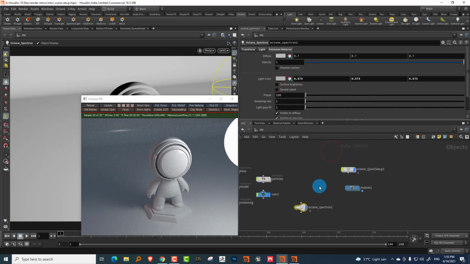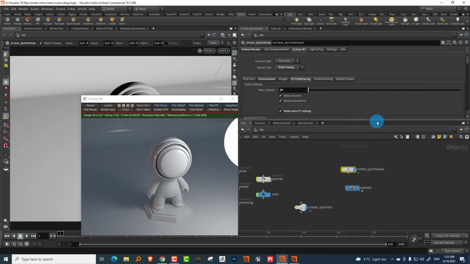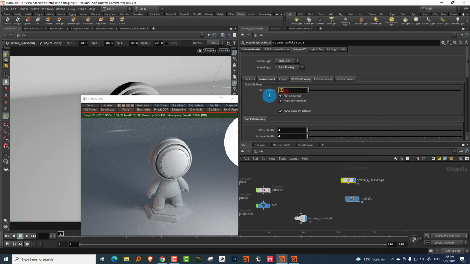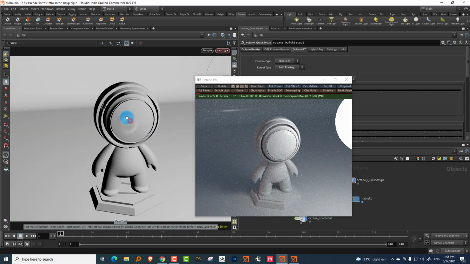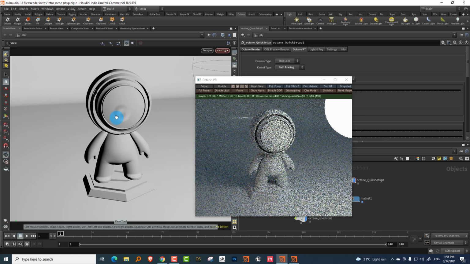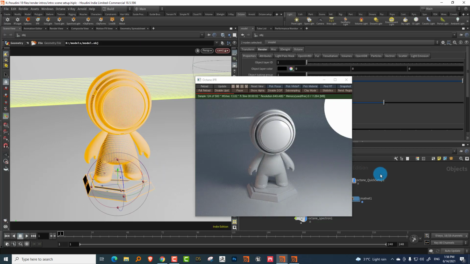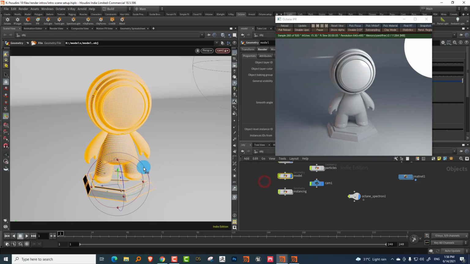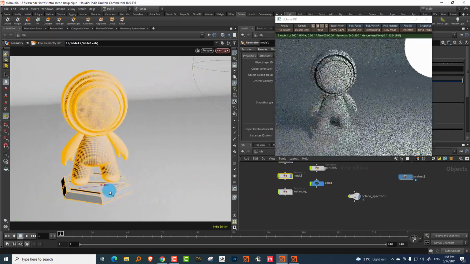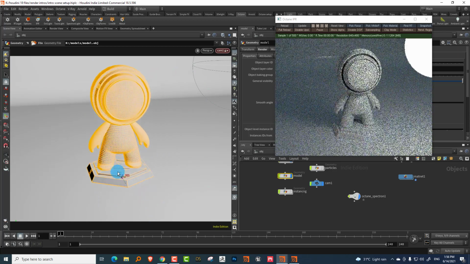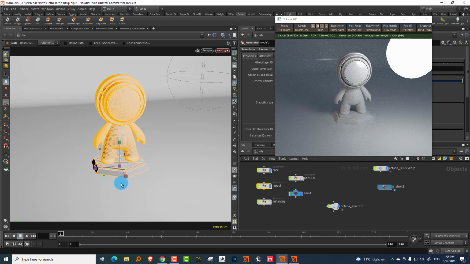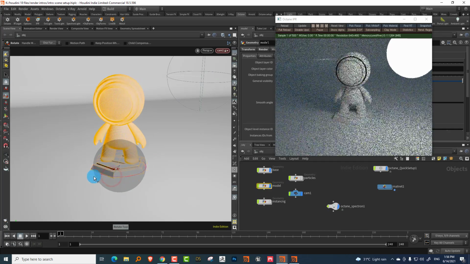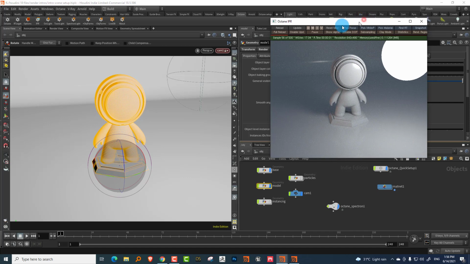Okay, I'll just go back and turn up the samples. One of the nice things about Octane is it is really responsive. If you change samples, it updates automatically. You don't need to restart the render or anything. And also when it comes to IPR responsiveness, it's pretty fast, right? If I start to move this around, you'll notice it's pretty much real time. It doesn't do SOP level changes. So if I make SOP level changes, it doesn't update those. It kind of updates. I'll show you towards the end of this video how it works.